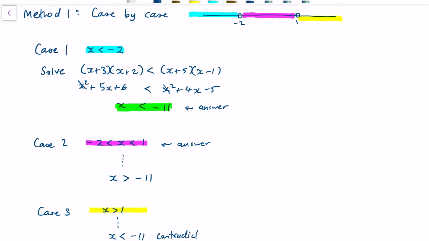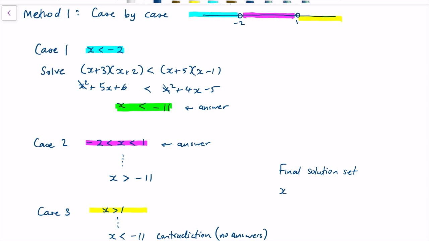Because we start off with x being bigger than 1, and then we say, well, x has to be less than minus 11. Those two things can't happen at the same time. So there is no answers to this case. Okay, what that means is that the final answer to the problem, the final solution set,